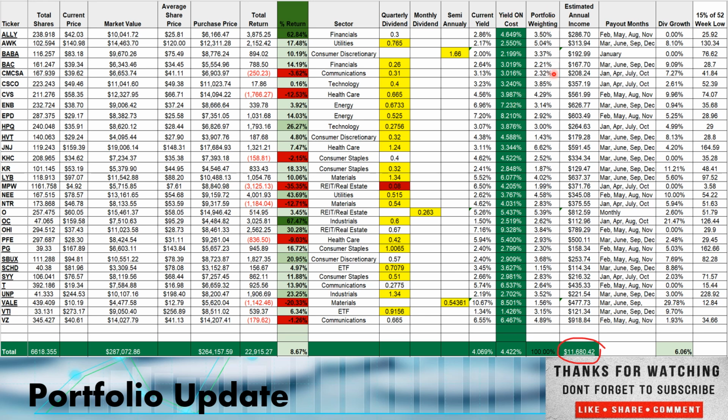So what we saw on the previous slide was each sector weighting. This is each individual position's weighting. And I have a rule here for the portfolio. I don't want any one position to be more than 10%, and I don't want any one sector to be more than 20 to 25% of the portfolio. So I would be trimming and adding to different positions in different sectors as they reach that. Right now, the only thing that's even close to being 10% is Johnson & Johnson, which is not really that close. Estimated annual income in this column, payout months here, dividend growth year over year here, and